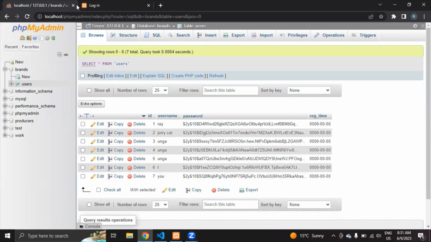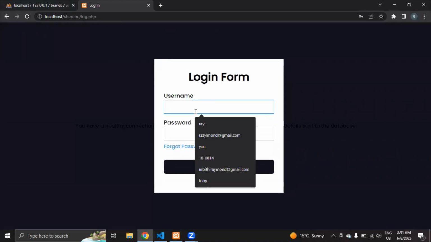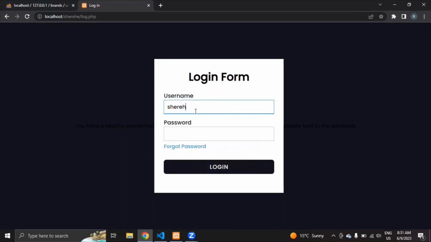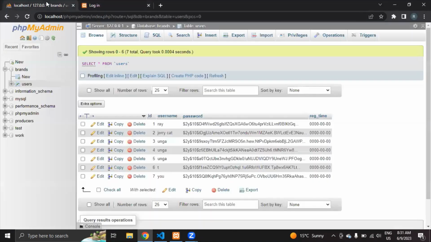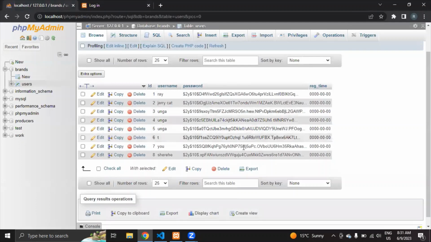Okay, we can add another person just to confirm. Let us view the form and create maybe share here. And if you log in the user, check in the database, you see right now it is you. Let's see if there is an eighth user. Voila. And that's how you have been able to enter a user into a database with the username and hash